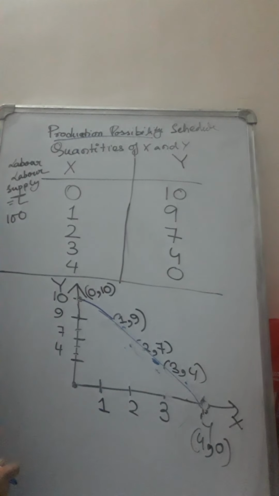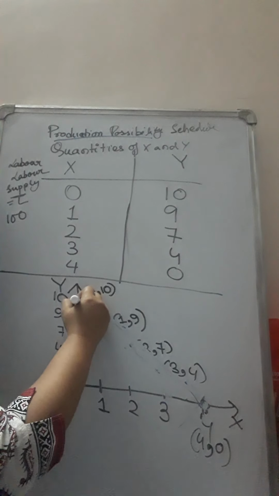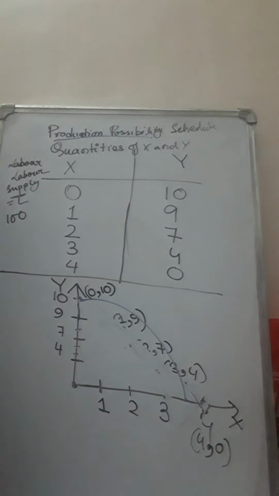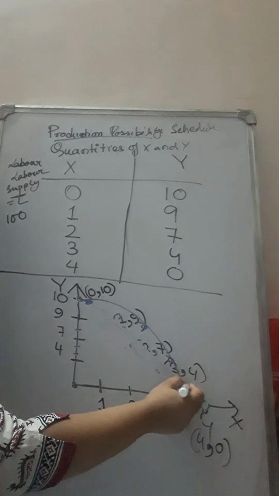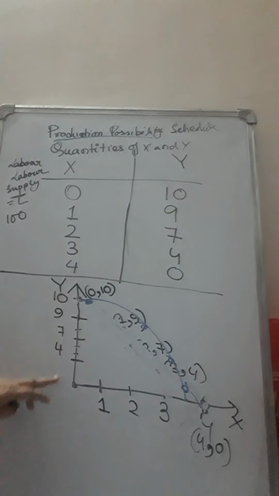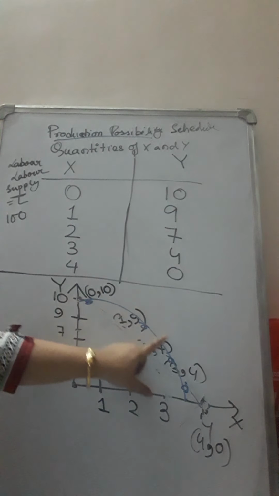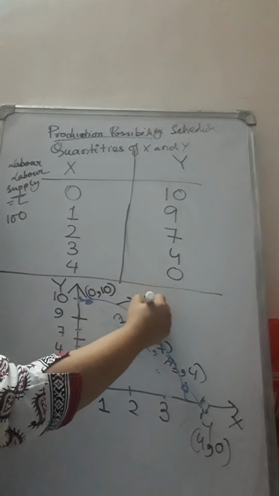Okay, the curve is not exactly like this because of the space issues in the board. The curve actually looks like this. Okay, so if you plot the different points, you will get that the production possibility curve looks like this. If you plot it with the help of actual measurement, you can definitely achieve this. So the production possibility curve looks like this. So this curve is only known as PPC,